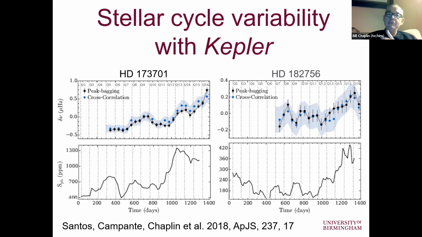And what that enables you to do is to build, if you like, a sort of poor man's version of the sunspot proxy. So that's what's shown here on the bottom of the panel. Proxies that have been built up by looking at the variability in the light curves of these stars due to the presence of things like star spots. And you can see that, for example, for this star on the left, as the frequencies increase, notice the change here is maybe about 3 times stronger than for the sun. You can see our proxy for activity increases as well.